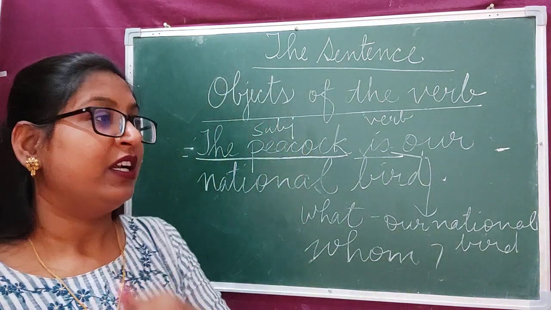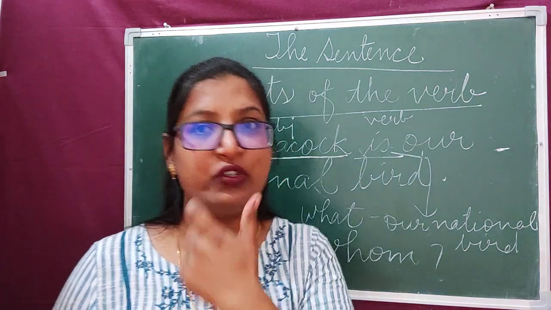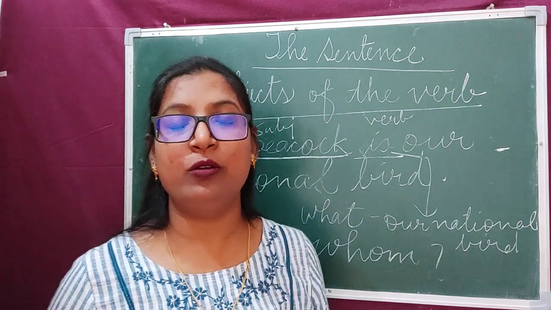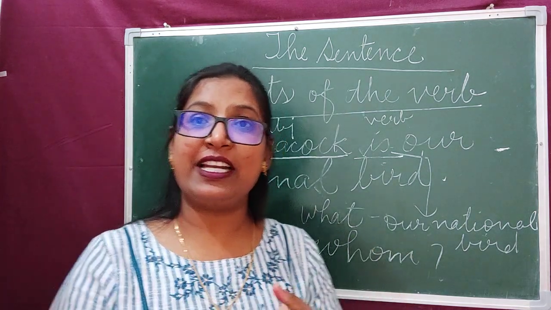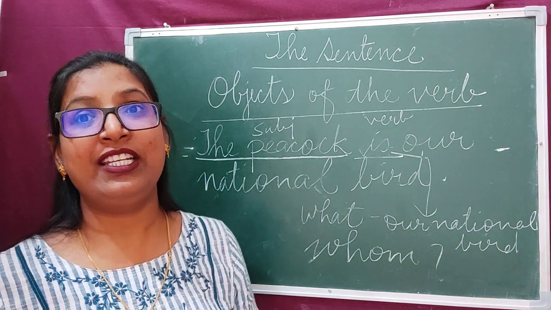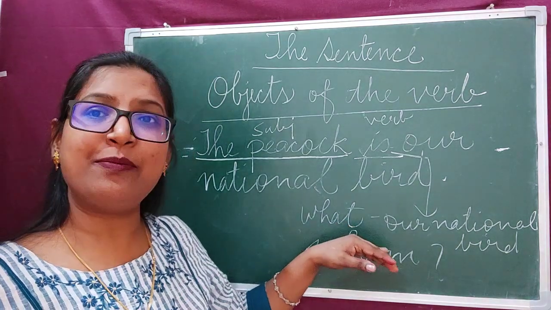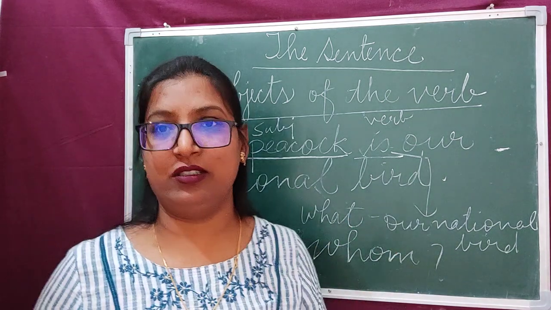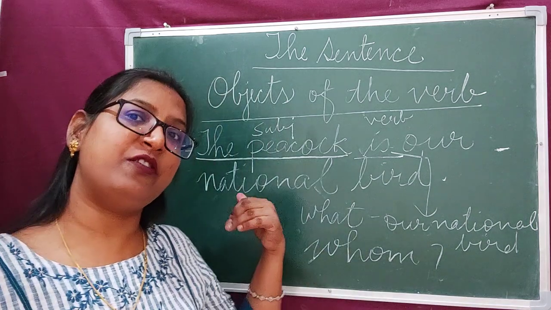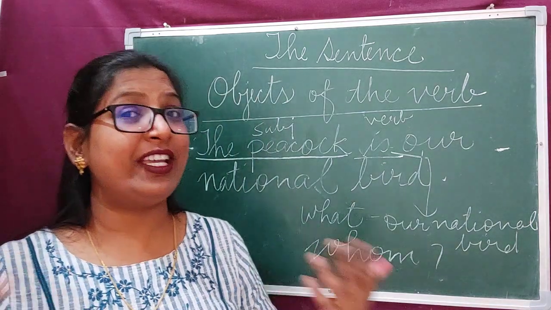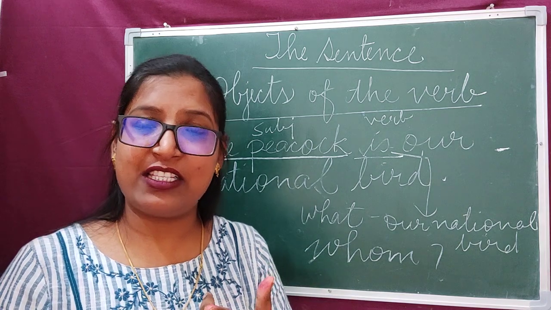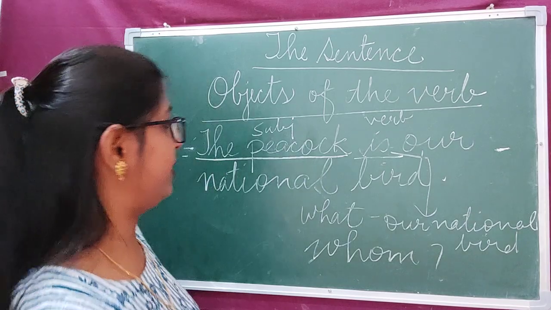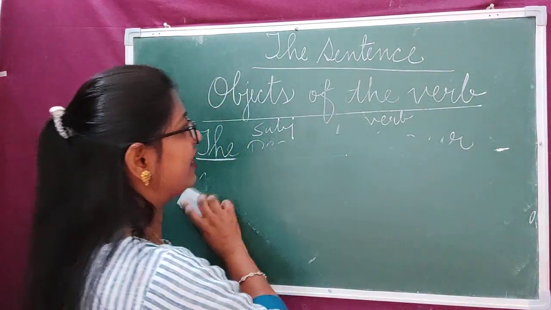Clear? Now, dear children, one more thing I would like to introduce you here, though it's not in your topic, but still I want to tell you. We studied about the object. Sometimes we can get answer of what or whom both, and both the answers may be different from the subject. So in that case, one object is the direct object and another one is the indirect object. Let's try to understand through the example.